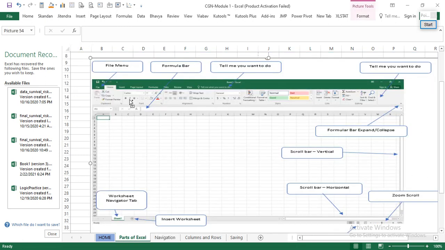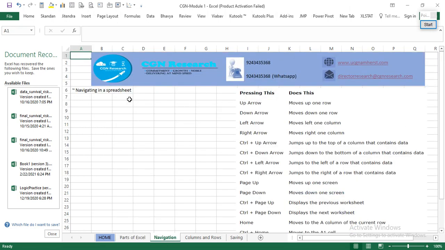If I do a Page Up, it will go to the previous page, and then a Page Down will come to the next page automatically. So this is how you would be able to navigate throughout the cells, this is how navigation can be done.